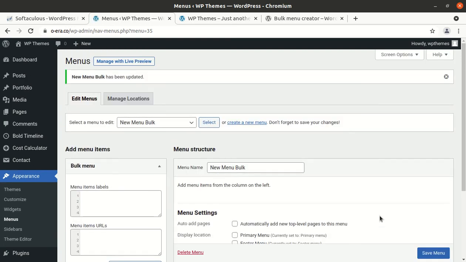Okay, so let us assume we have to create multiple menus with different URLs.